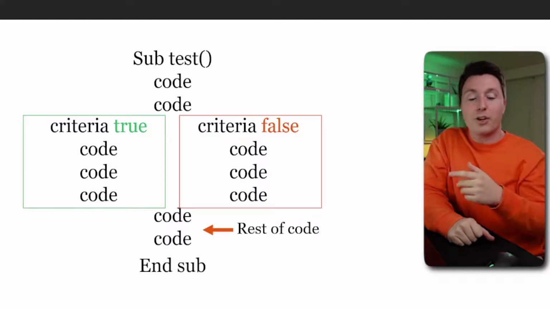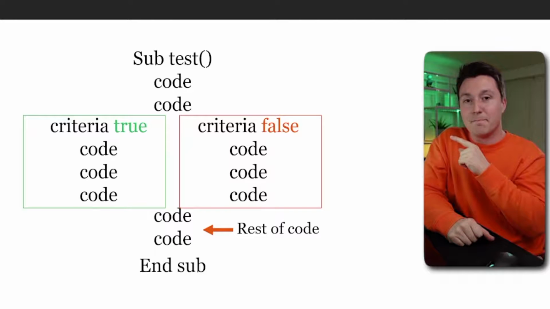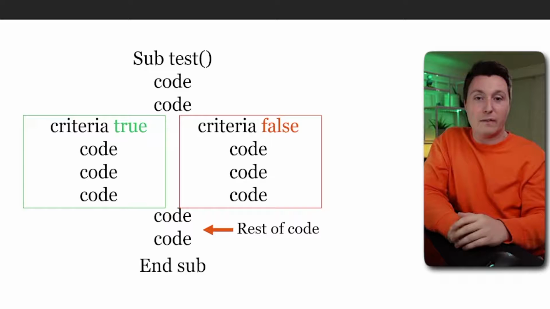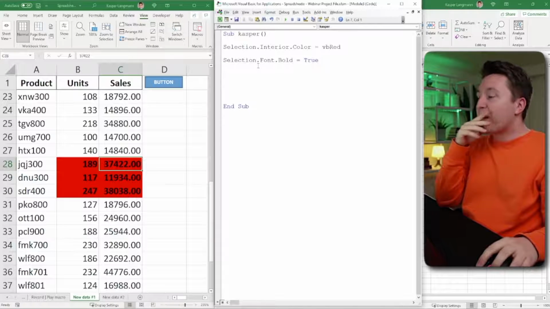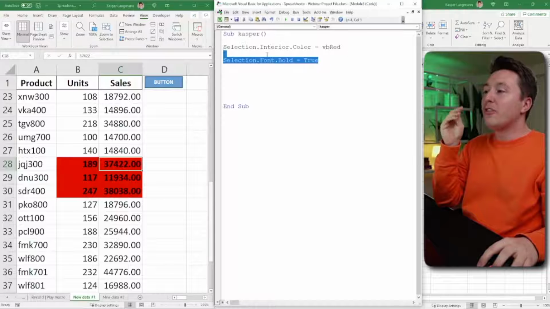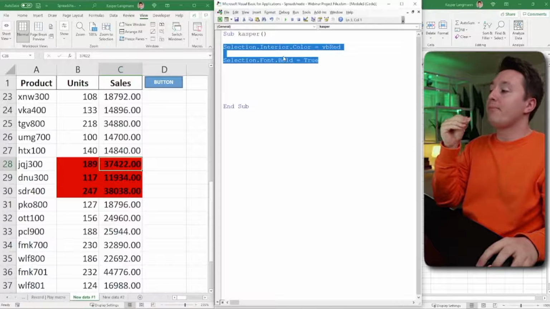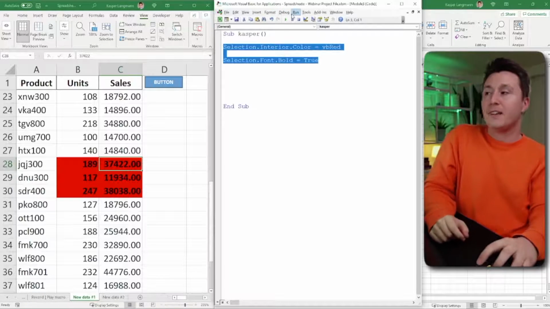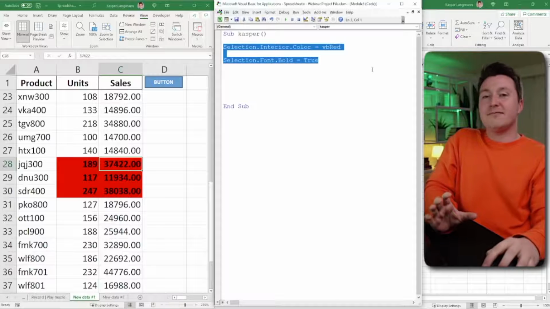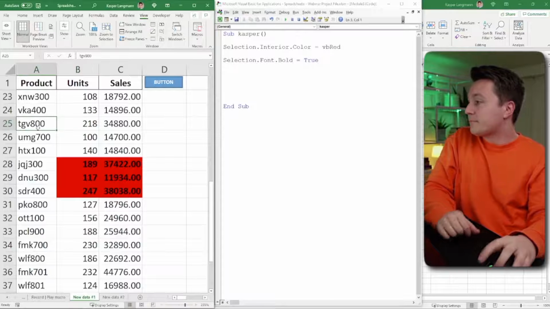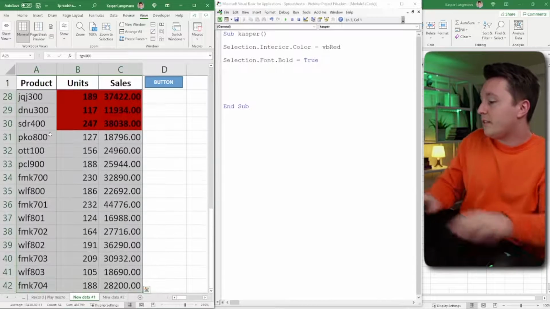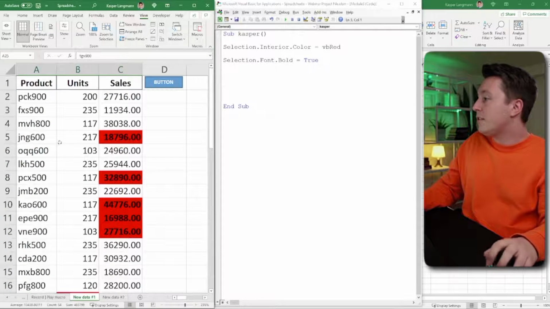So the rest of the code will run after the if statement. In this case, we want to apply these things for certain cells, but not all of the cells. Like right now, it's the cells that we selected. That's great, but to make this a bit easier, let me remove the